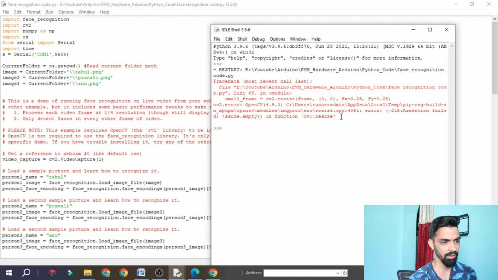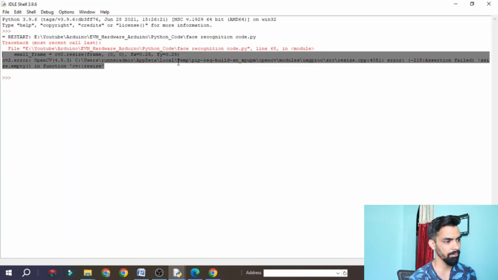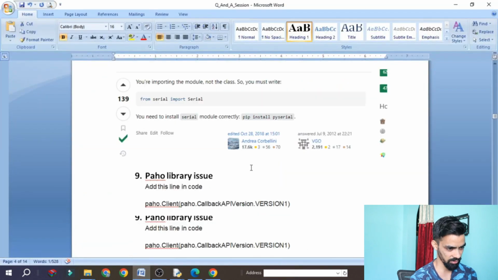Now you might also be getting an error like frame missing. This is because of video capture, a point I missed in this slide.